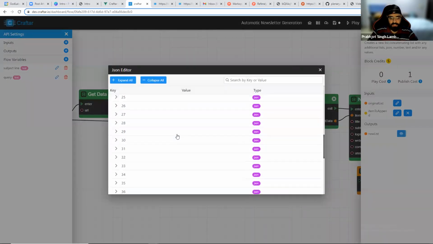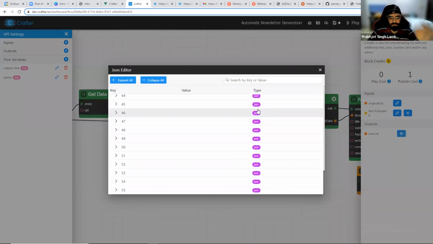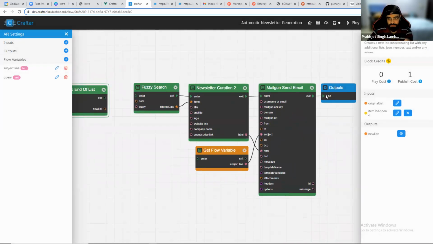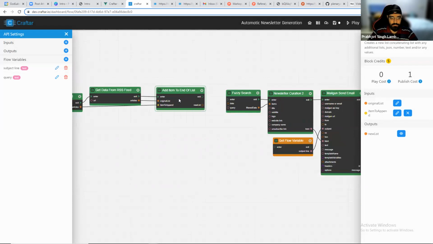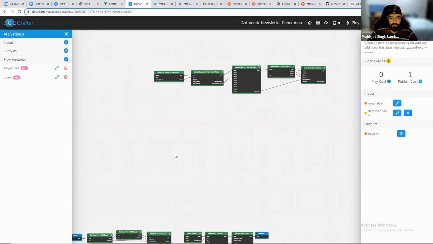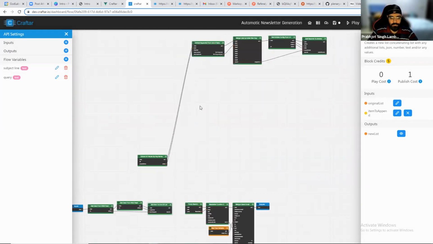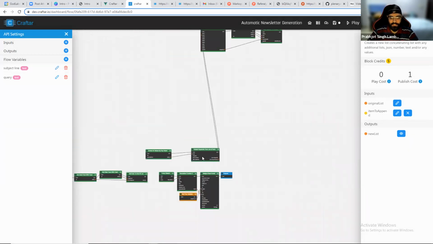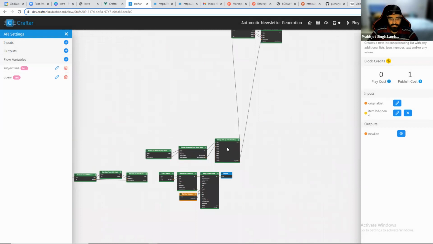So now I get all my 56 articles. Awesome. Now instead of sending the newsletter and going through this flow, we can skip this. And I have another flow hidden here, which I pre-made. The only things that are connected are actually published. So you can keep building all of these things, and then you can switch them out, or you can create